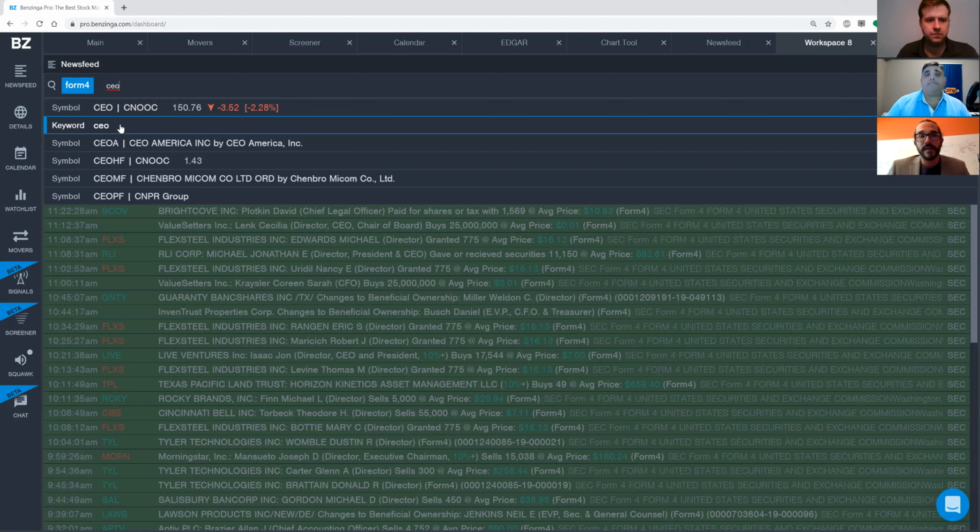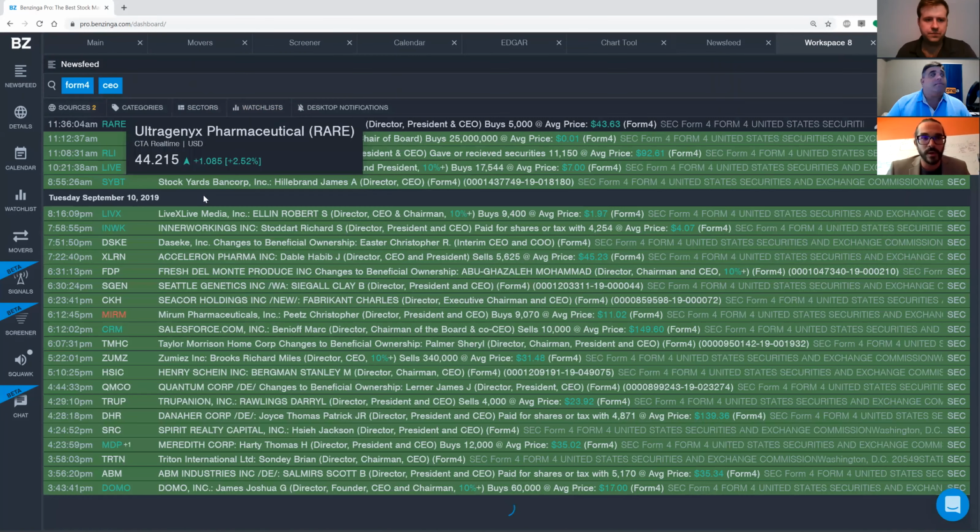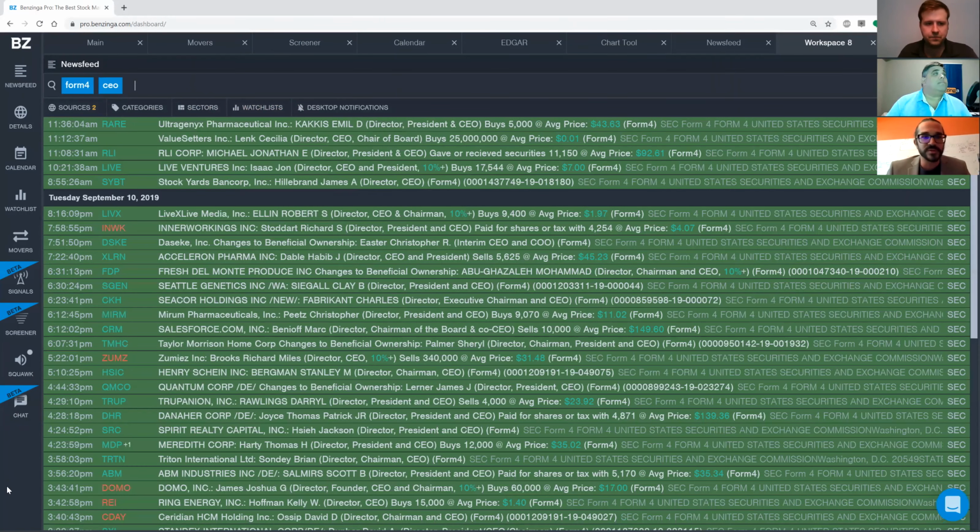So right now we're only filtering by Form 4. We're also going to add in the keyword CEO, and Ryan's going to click that keyword. And look at that, it right away reduces it down to, there was about 25 or 30 headlines there, and adding that keyword CEO in there filters it down to just like